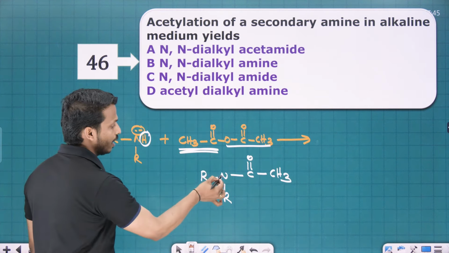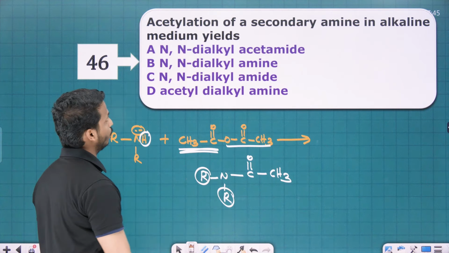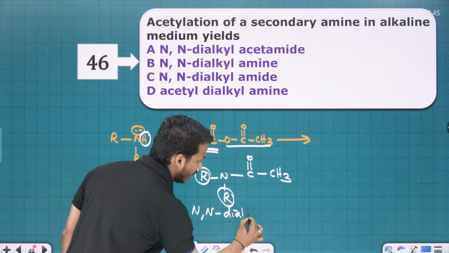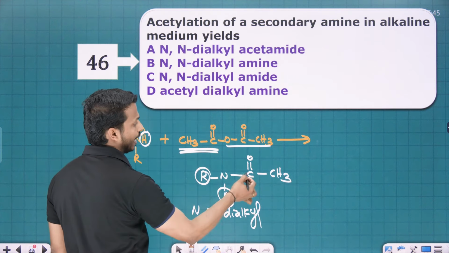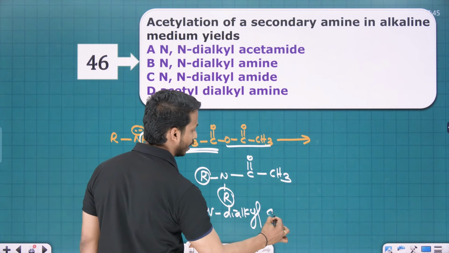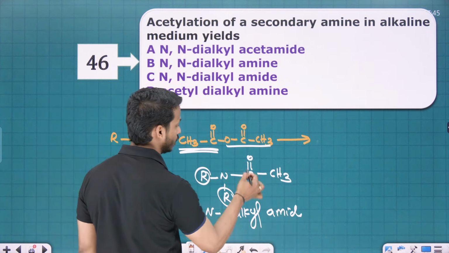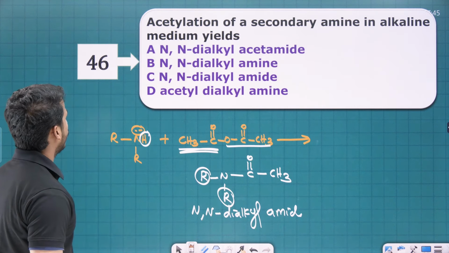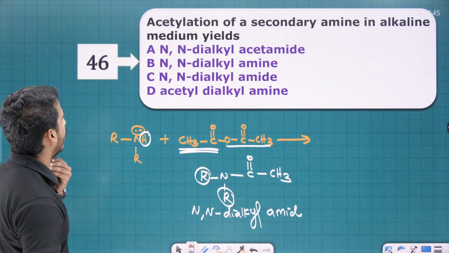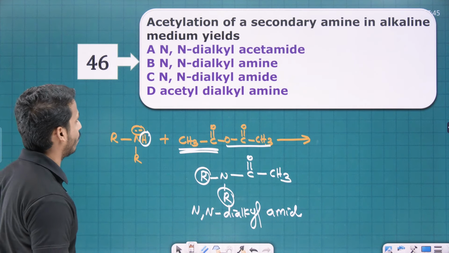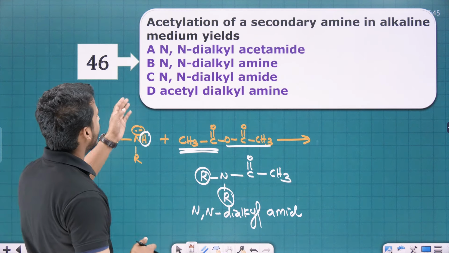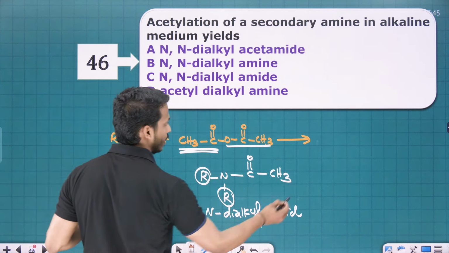What is the name of this compound? It's a nitrogen containing 2 alkyl groups, so it's called N,N-dialkyl ethanamide or amide. Generally, N,N-dialkyl amide. What is CONH called? Amide. So where is the product, all of you? N,N-dialkyl acetamide, yeah, acetamide, or N,N-dialkyl amide is there. N,N-dialkyl amide is anyway not B and D,